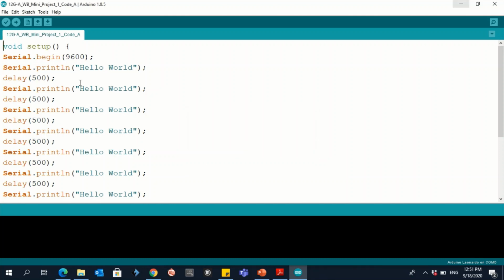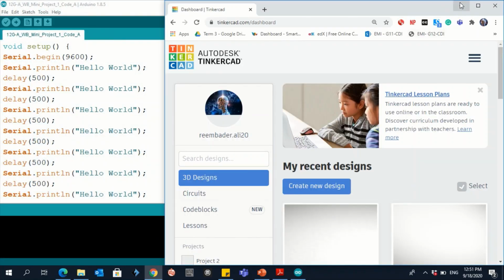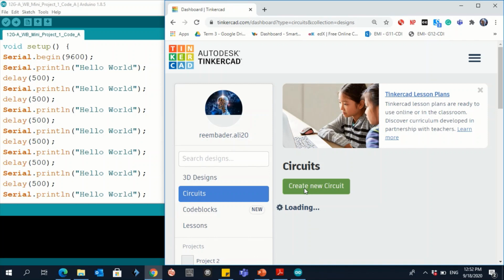As I explained before, you cannot apply this code on this Arduino app. Why? Because you don't have the Arduino hardware with you. So in this case, we will use the Tinkercad simulation tool to apply it. Let's go to Tinkercad. I explained before how to start a code using Tinkercad, so let's do this very quickly. Click on circuits, click on create new circuit,